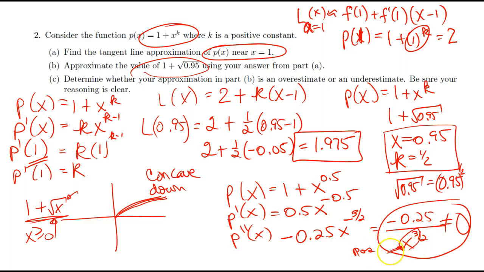And if I can only put positive numbers in here because it is a square root, this denominator will always be positive, so the overall thing is always negative, so it's concave down. If it's concave down, that means the tangent line is above, and we have an overestimate. Since we're using